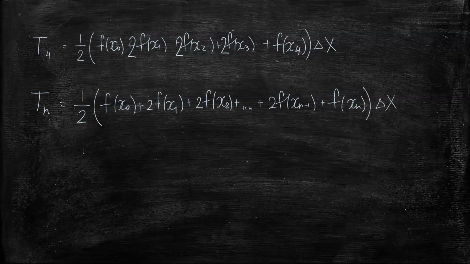Why do we prefer this formula to be written like this instead of sigma notation? Because in sigma notation it will be really hard to come up with this general formula. However, it's not a bad thing in this particular case, because in the near future we're also going to learn the Simpson's approximation. And in Simpson's approximation, we're also going to struggle writing it in a sigma form. So the formula for the Simpson's approximation would look a lot like this, right? So it's not a bad thing.